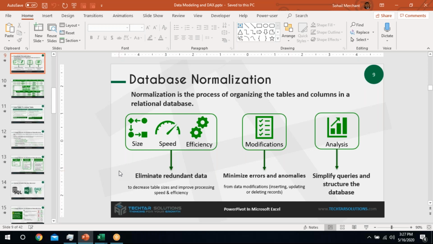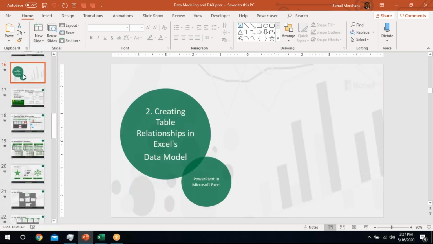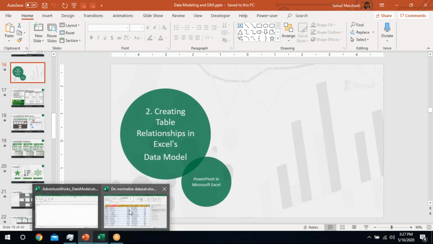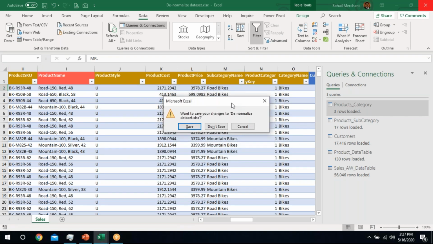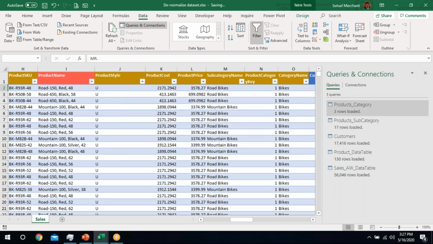Yes, through Power Query we have confirmed it. We have seen that through these steps of normalization in Power Query, we have eliminated all the 39,000 plus errors that were appearing in the flat table. Now the second exercise I have to show you guys.